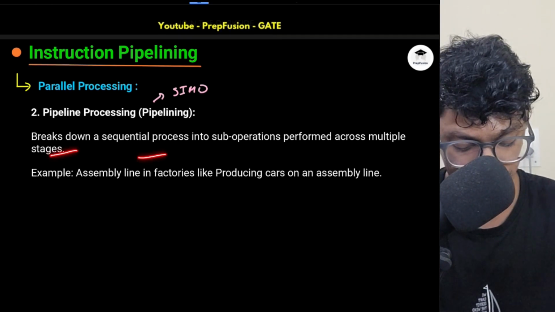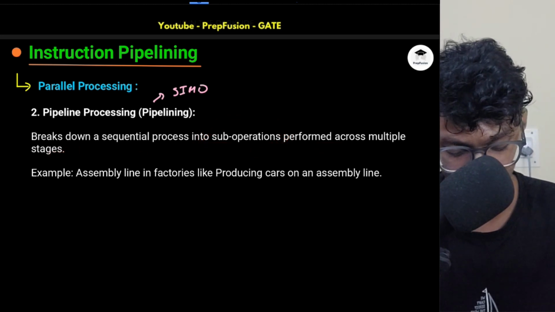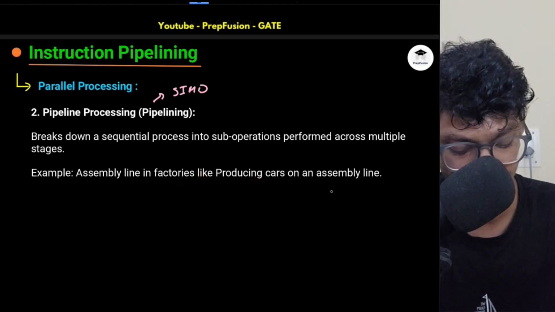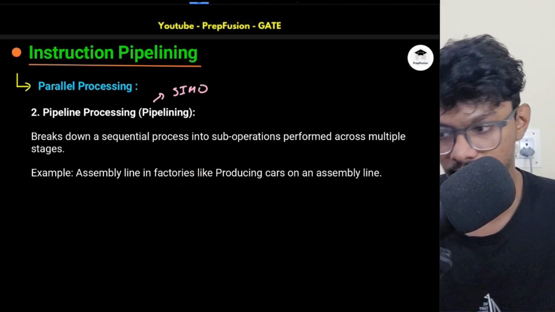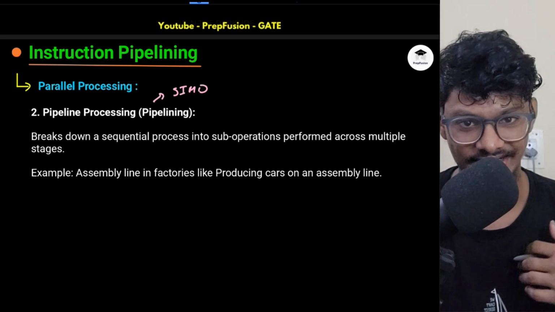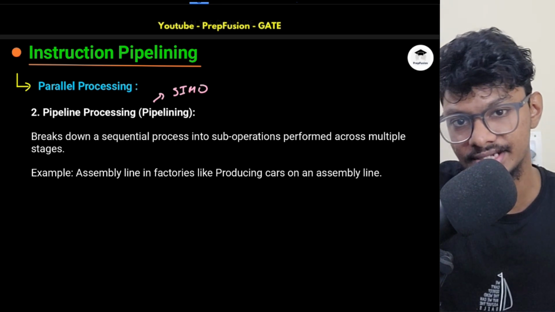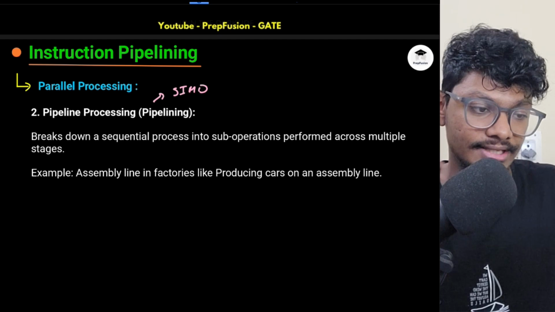It breaks down a sequential process into sub-operations performed across multiple stages. Like what is the example? An example is an assembly line in factories, like producing cars on an assembly line. In an assembly line of a car, what happens first? I don't exactly know the process, but first you build up the structure, right? Somewhere the engine gets built, somewhere the suspension gets built, somewhere the tire gets built, and at the end finally